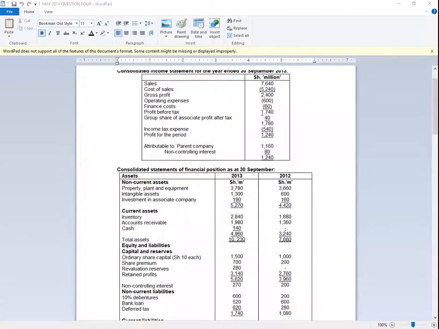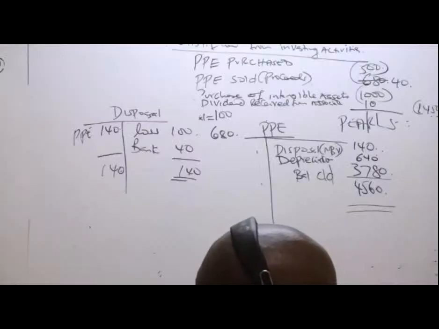I don't know whether we are communicating here. The 40 is not within 1740, right? I would have only deducted it if, for example, I began from profit for the period of 1240. So maybe I would have gone ahead and said minus 40. And that is why I told you from the word go, always ensure that you begin from profit before tax. Just check what your teacher taught you. I'm so sure if your teacher was subtracting this profit from the associate, this teacher must have begun with this figure, which is still okay, although yours will be a bit longer. Great. So, ladies and gentlemen,